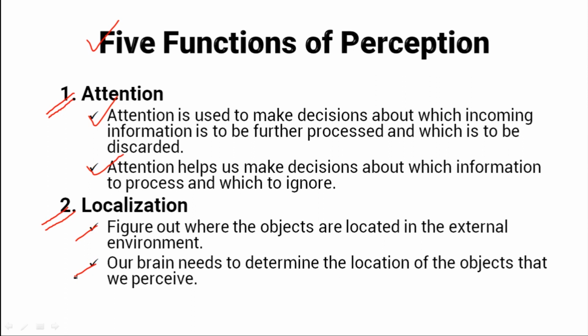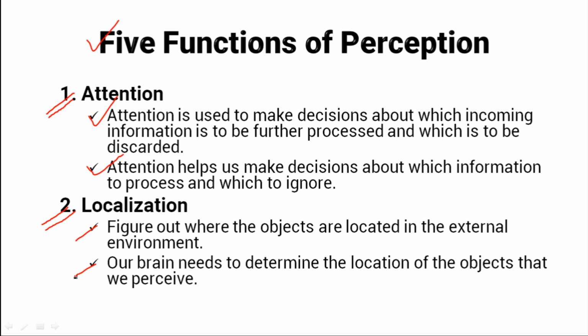This means we need to be able to distinguish between what is in the foreground and what is in the background. Once we can do this, we can start to understand what we are seeing and make sense of it. For example, if you are looking at a picture of a dog in a park, you need to be able to distinguish the dog from the trees and grass in the background in order to understand the scene.